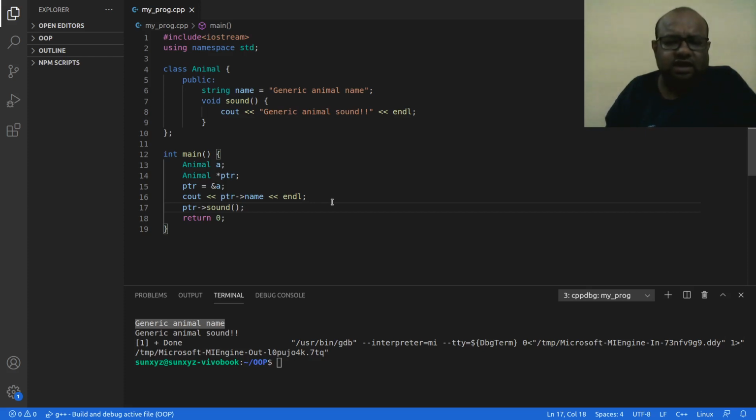Now one thing that I want to point out is that this object A is being created in the stack of this main function. So right now when this main function is executing, I am creating this animal object A inside this main function. So this is a local variable inside my main function, and we know local variables, meaning local data, are allocated memory in the stack. So this object animal would be allocated memory on the stack, right?